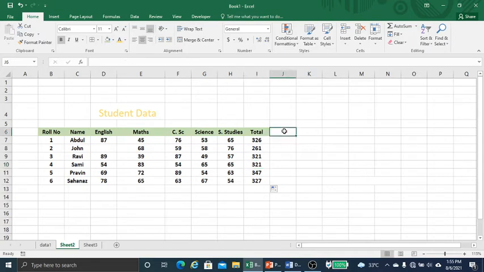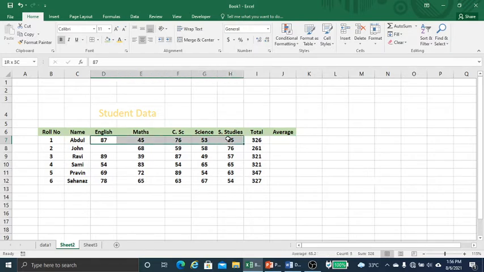Another feature: suppose you want to find out the average of the student. So how can you find the average?